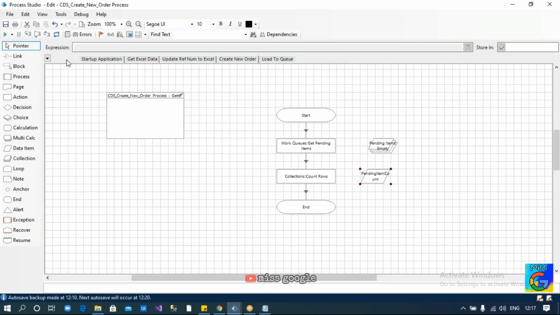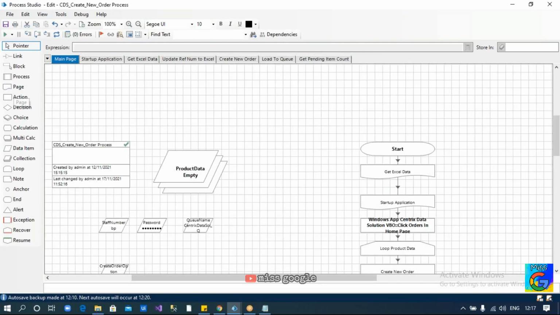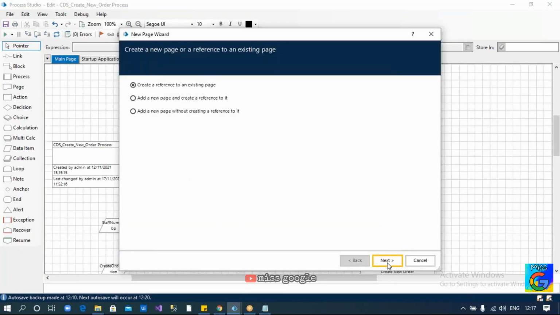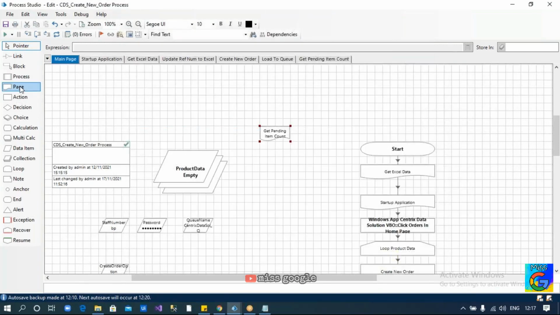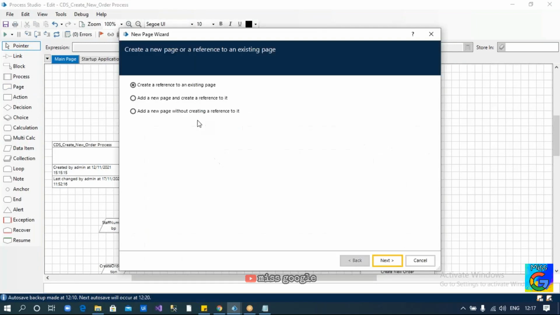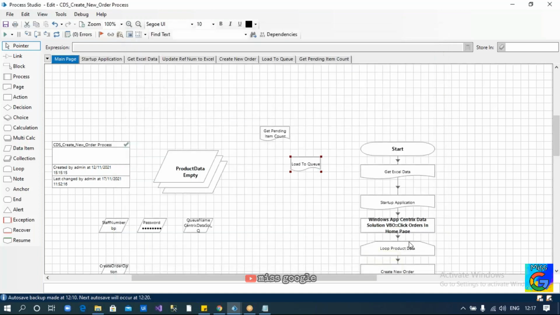Now come back to the main page. Now we are going to refer two pages here. First take a page stage and refer get pending item count, and take one more page and refer load data to queue. So the first thing we are supposed to execute is get pending items. Once we get the pending item count,